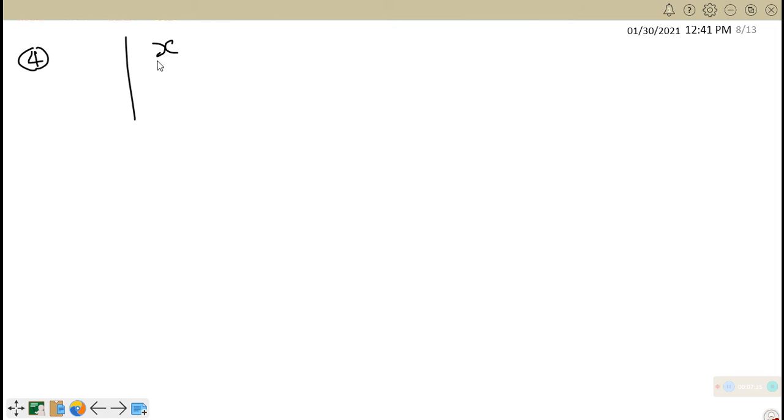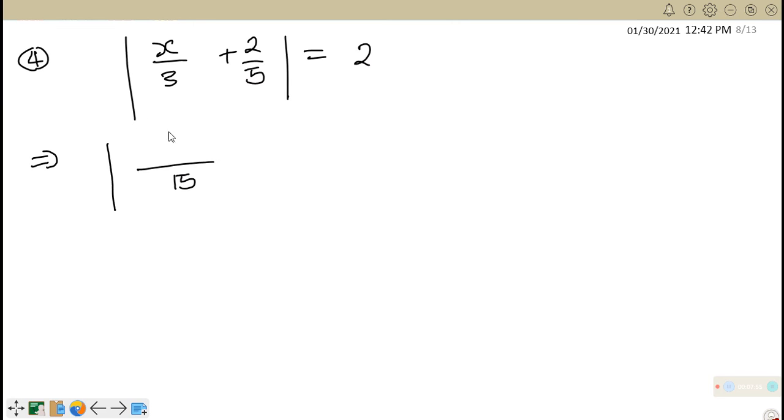Absolute value of x over 3 plus 2 over 5 equal to 2. So what we can do is simplify the absolute value first. The lowest common multiple of 3 and 5 is 15. So 3 into 15 we have 5x, and 5 into 15 we have 3, which is 6. So it equals 2. Applying the rule of absolute value to this one, we have 5x plus 6